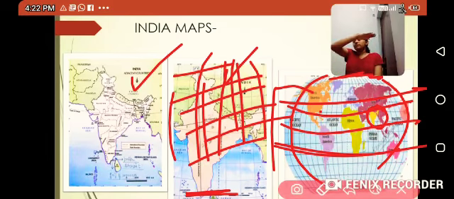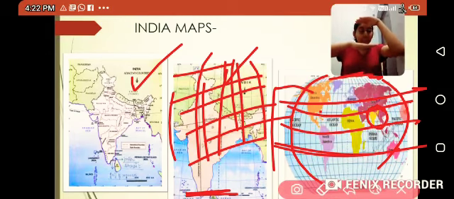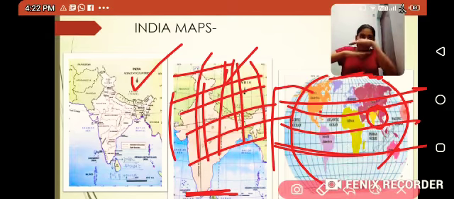Above the equator is another latitude, that is the Tropic of Cancer, and below the equator there is another latitude, that is the Tropic of Capricorn. Now this is the equator. Above it is the Tropic of Cancer. Its value is 23 degree 30 minute north, because the equator divides the earth into north and south. So above the equator, 23 degree 30 minute north latitude is the Tropic of Cancer. There are many latitudes, but we have only three latitudes which have their own names.